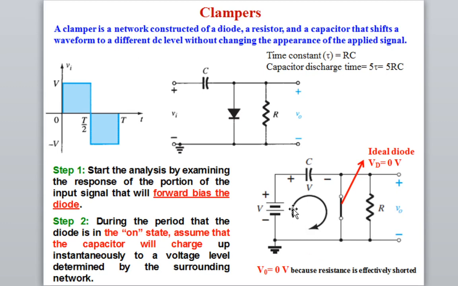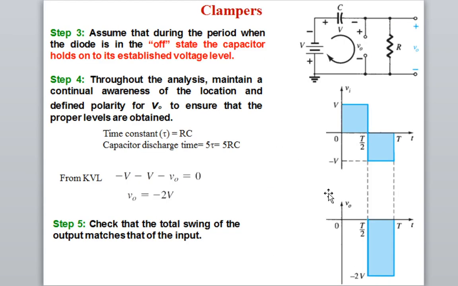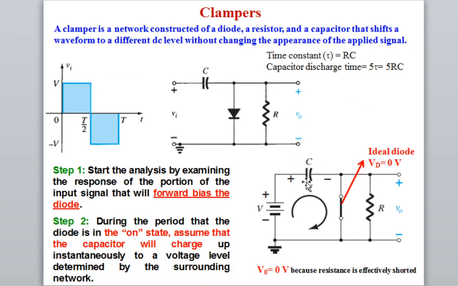and this current, if you see the direction, will flow from here to here in the circuit, and this current will charge the capacitor fully. Obviously, if you try to find the voltage across the capacitor, let us say this is VC, and this is V. So this voltage plus VC minus V is equal to 0. So this VC will be equal to this voltage, that is V. That is why I have written V.